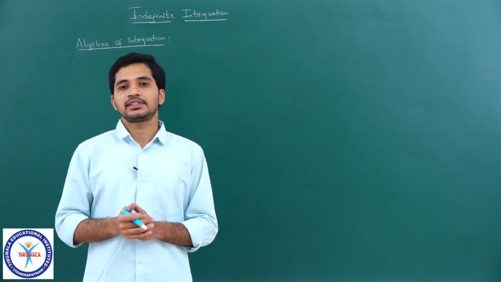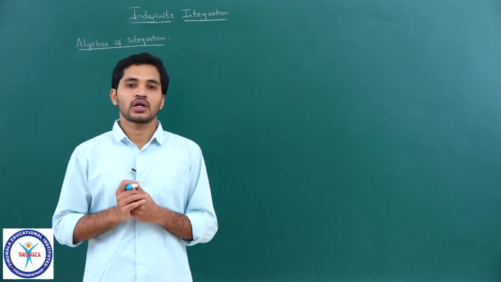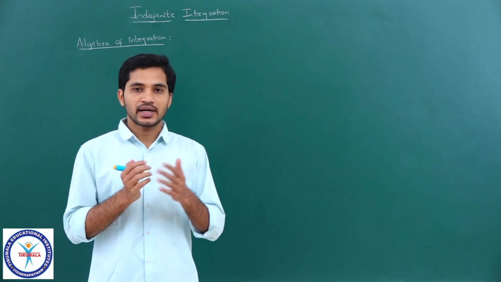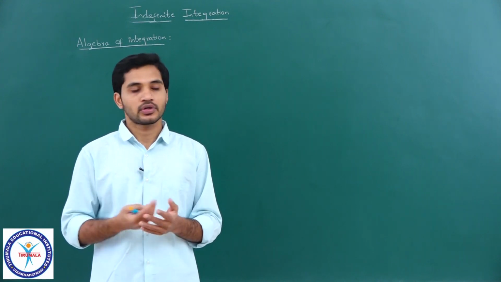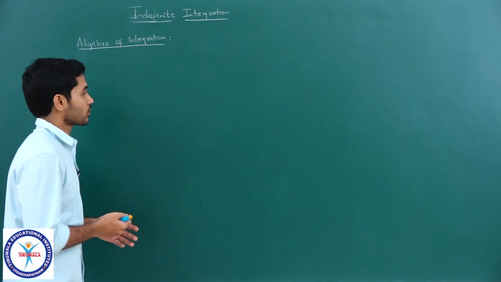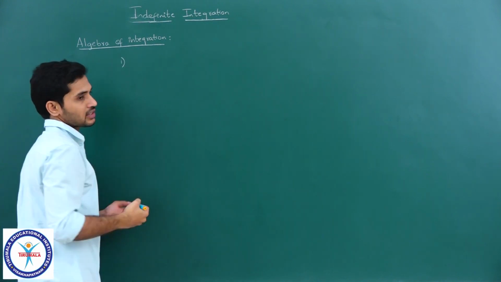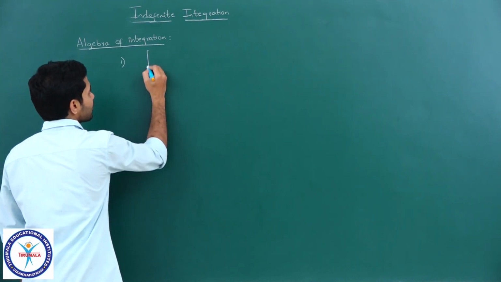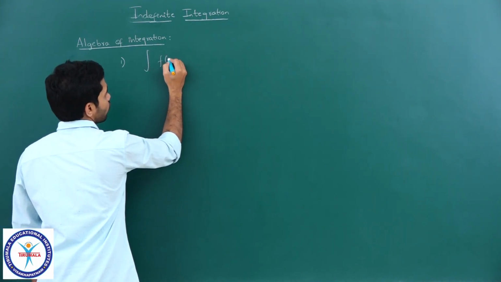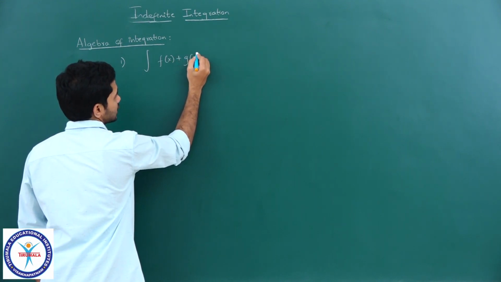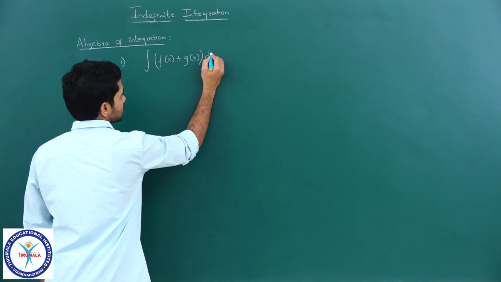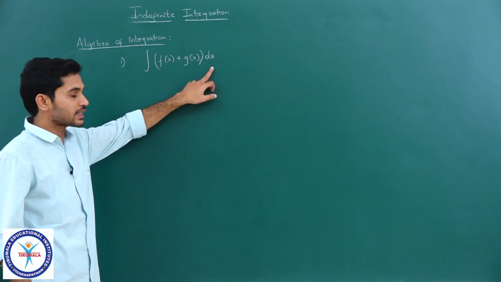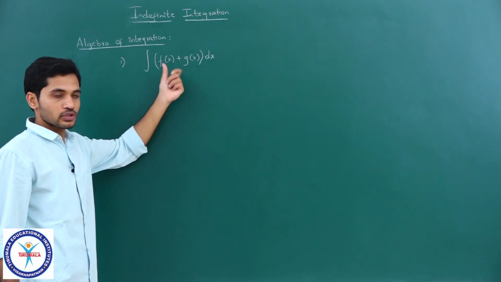So, students, now let us see some rules which we will be using for integrating complex functions, like we have done in the case of differentiation, addition rule, difference rule and so on. That is what I have written here. The first one is something which we apply for sum or difference of two functions. So, whenever we have integral of f of x plus g of x into dx, clear, we need to integrate with respect to x. What should be integrated? F of x plus g of x should be integrated.